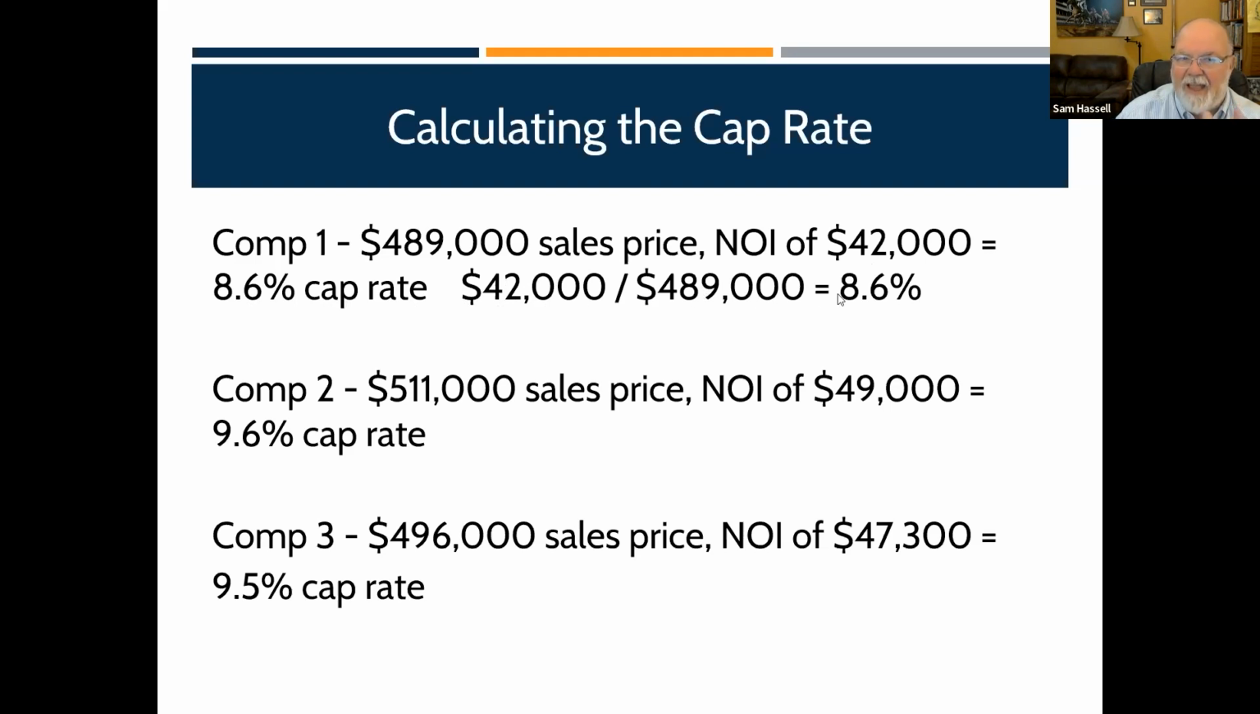42,000 divided by 489, 8.6%. Comp number two, 511 sales price, net operating income of 49,000. So they had a 9.6 cap rate. Comp number three, same thing, 496 sales price, net operating income 47,300, a